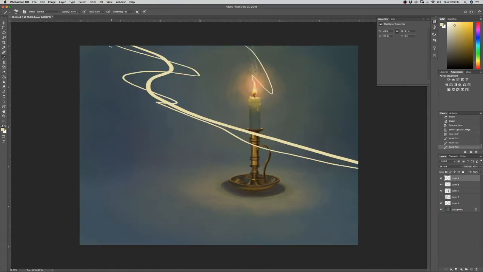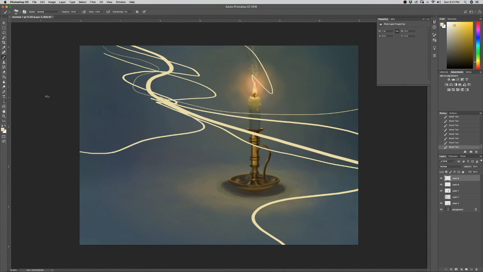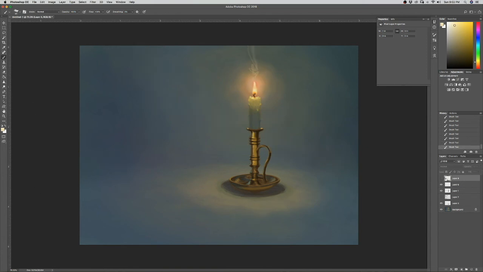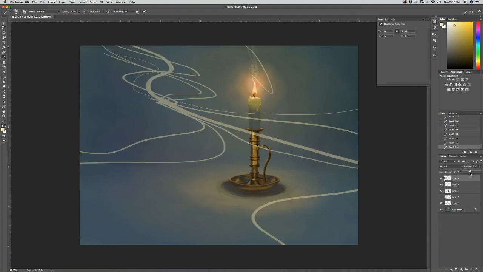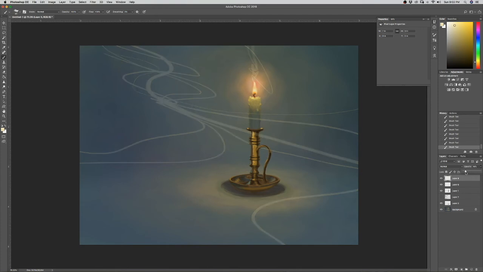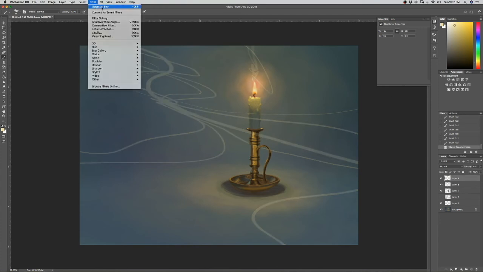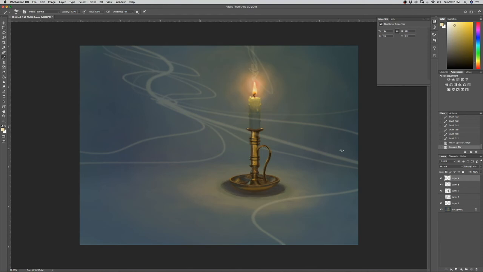I repeat the same process as you saw me do with the first smoke stream design. I'm adding to it, and the fun part again is I can do it at full opacity, and then I simply lessen that opacity. Then I do the Gaussian blur again,